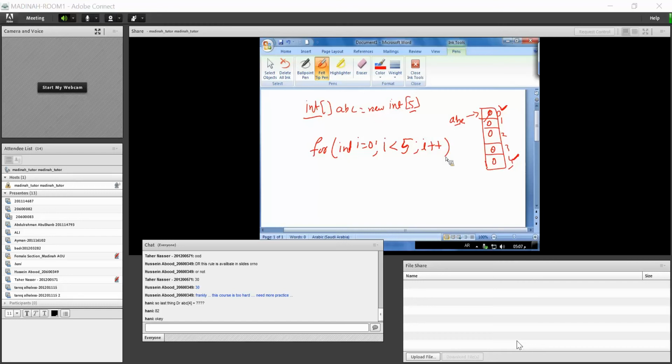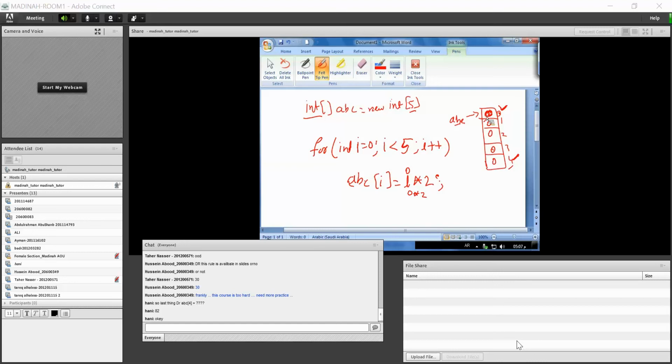Then we can assign the values, ABC of I is equal to some value, let's say I into 2. Now what happens here when I is 0? ABC of 0 is equal to I into 2, that is 0 into 2, that is 0. So the first value will be 0.